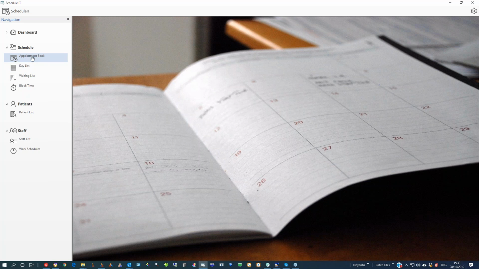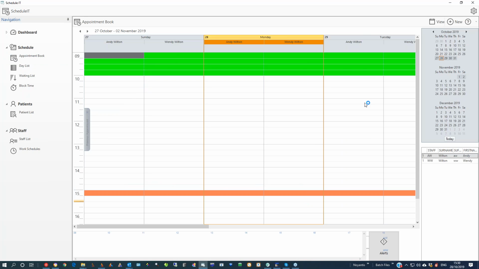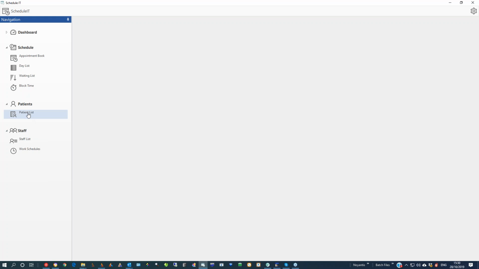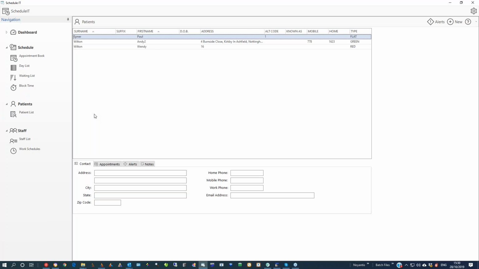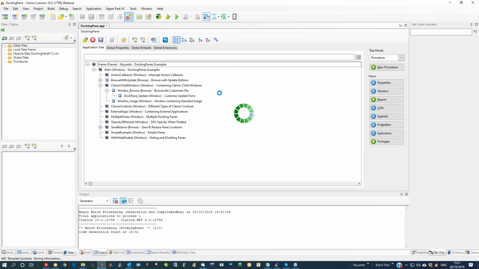Correct. Okay. So we use this on the left for navigation, and then we have whatever the content is on the right to take over the workspace. So here we've got the appointment, then we might have a list, and so on. But essentially it's a work area and a navigation. The only difference you've got is another pane on the right, which is static. So if I run the docking pane example,